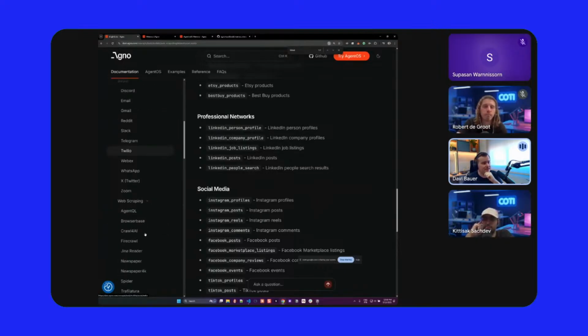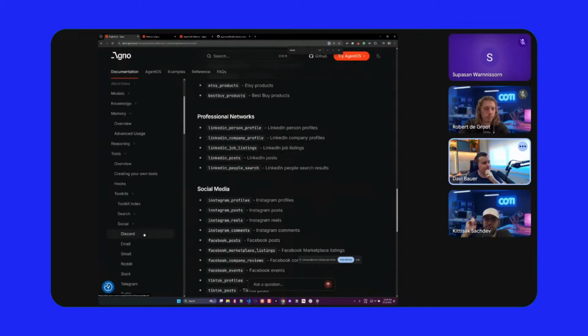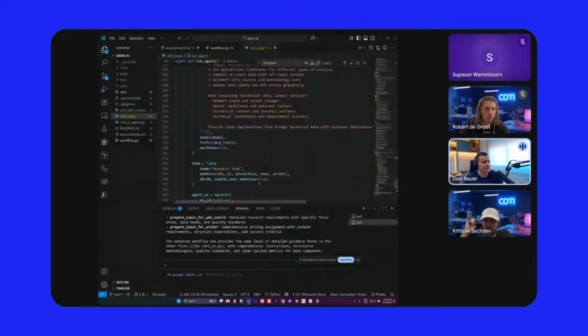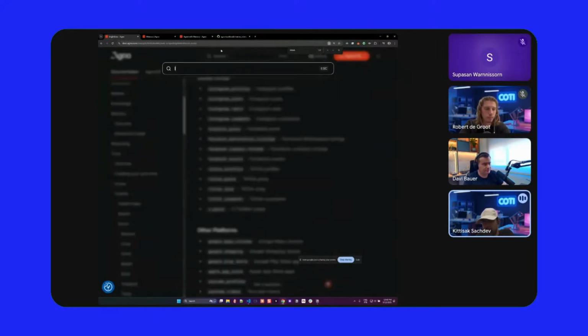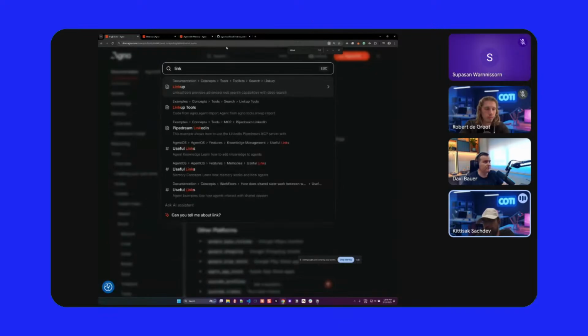of already done integrations that you can use. Apart from that, you need to create your own integrations, right? You can do it with LinkedIn. I mean, if you can integrate LinkedIn into this as well, that means you can, let's say if you want to find talents to recruit to your firm,